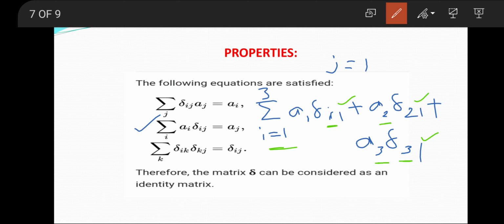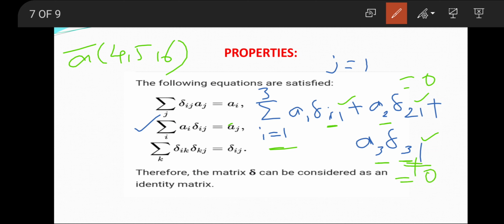Therefore a1 value is, so everything we are considering 4 5 6, the a operator, therefore a1 value is 4, but here we are not substituting since we are representing it with a j values, therefore it becomes 0, this becomes 0, since 3 not equal to 1, 2 not equal to 1, therefore it becomes a1 into 1. Since 1 is j value, therefore it becomes aj. This is for the second equation.